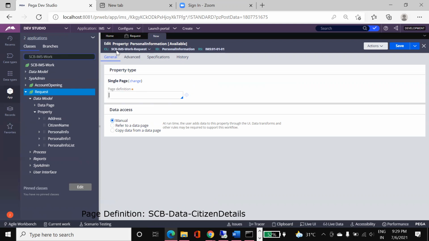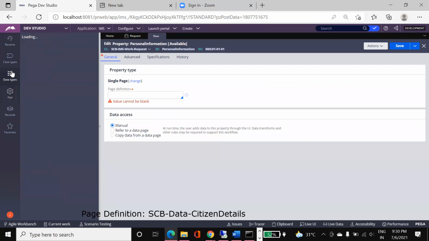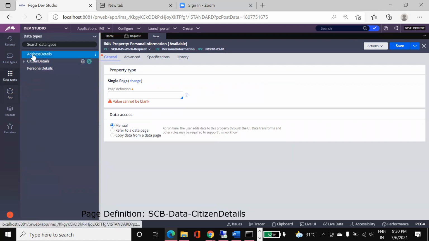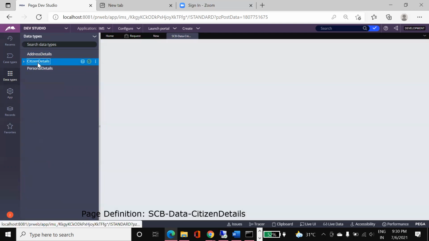You can even give the work class also, but it will become an infinite loop. The page definition is nothing but the class from which you want to use the properties. So you have to define that class. Let's say I go to my data types, where I have some citizen details here.